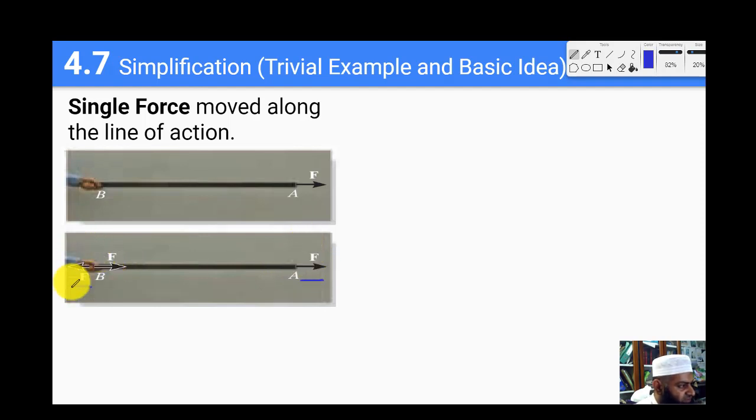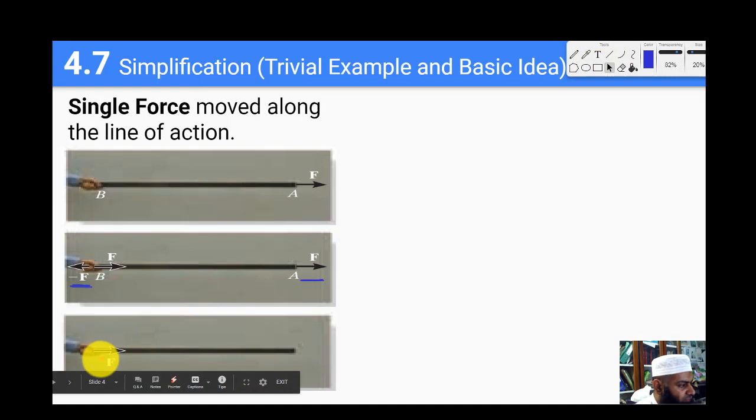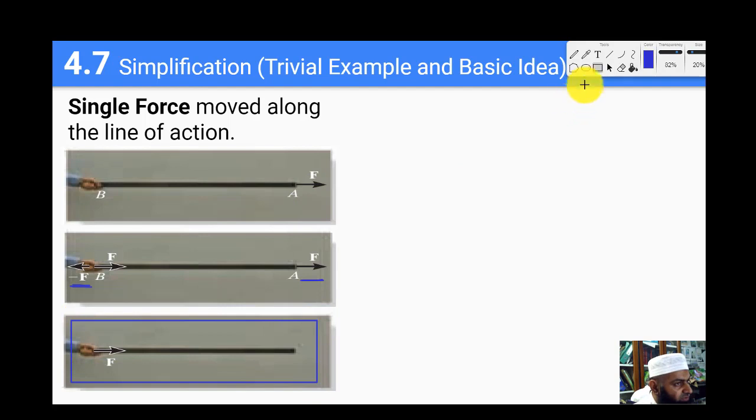So because again these two forces are also equal to each other, this is minus F and this is F, so we can say that this minus F force cancels out this force F, and the resultant force would then be equal to a force which is F, which has the same magnitude and the same direction as the original force, but rather than being applied at this point A, now this force is being applied at this point B. So we would say that this bottom picture is an equivalent system of the original system. So this is what we call the equivalent system.